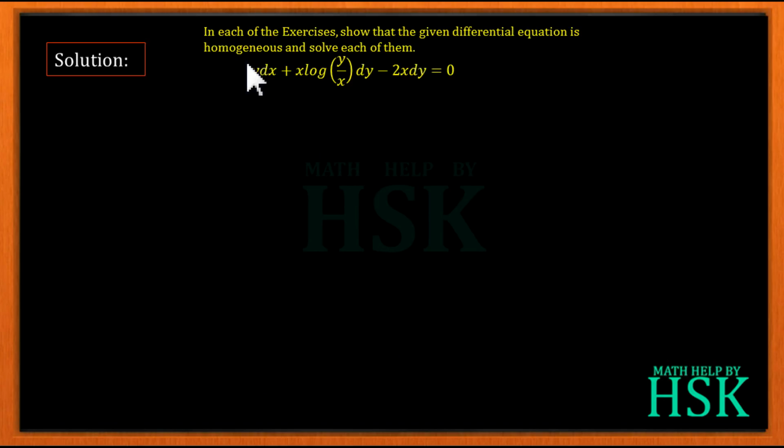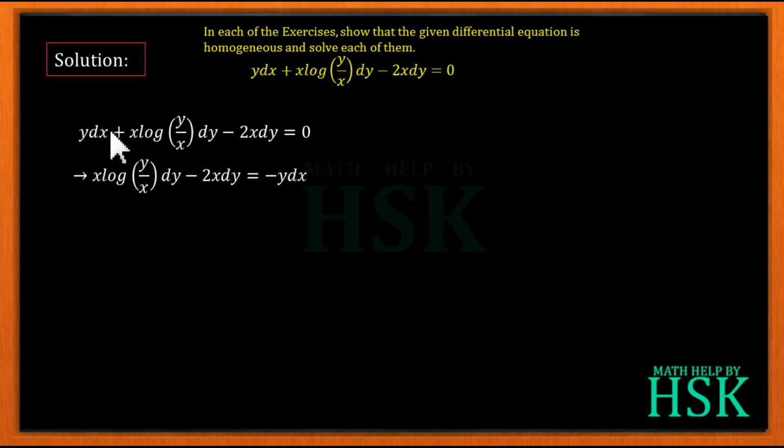First of all, we are going to show that the given equation is homogeneous. For that we take the differential equation. Next I take this term y dx, that is a term containing dx, on the right hand side and write it as minus y dx. From these two terms I take dy as common. Now, on cross multiplication of dx on this side and this term on the right hand side,